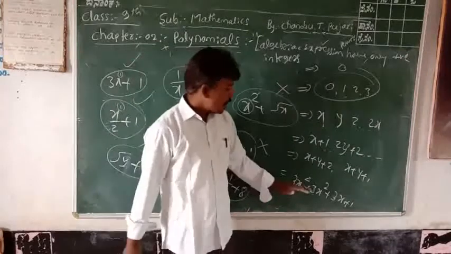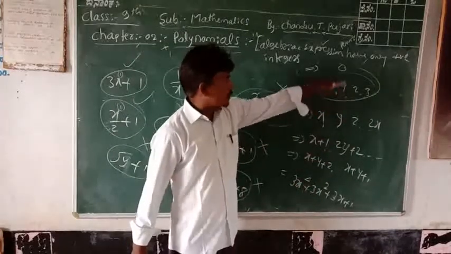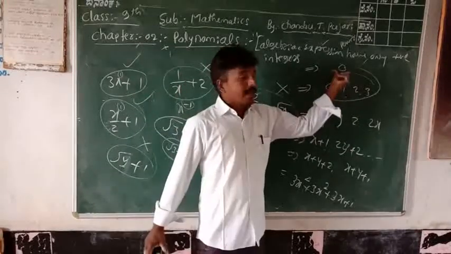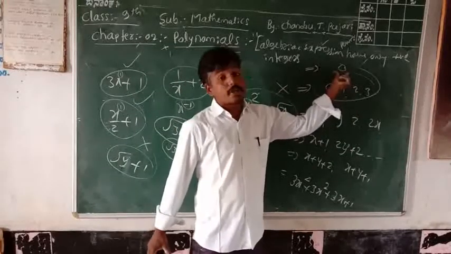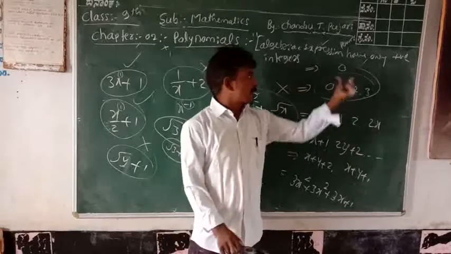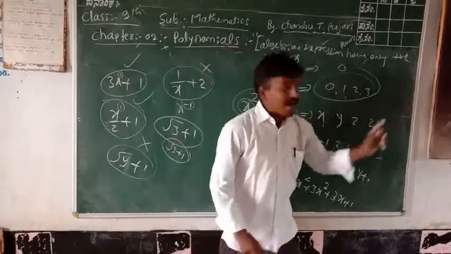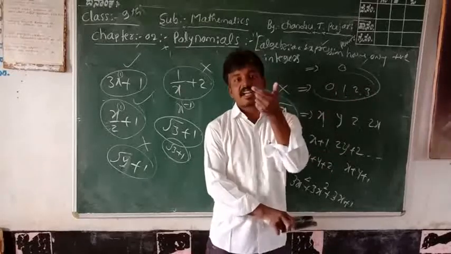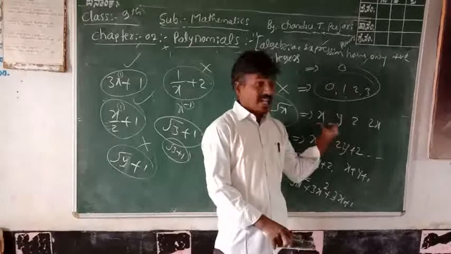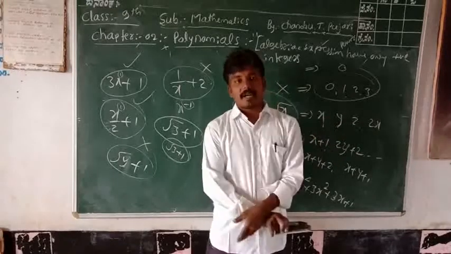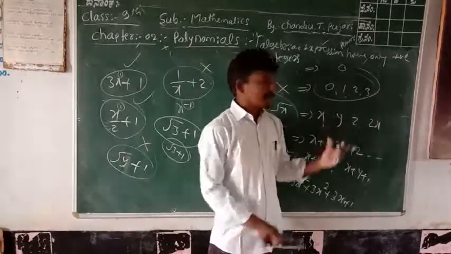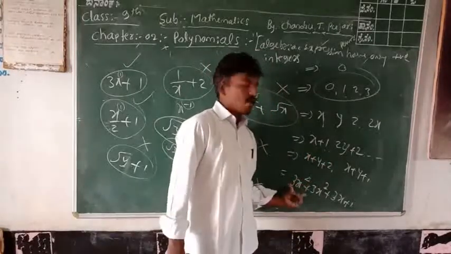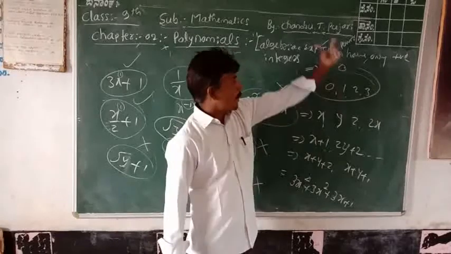Listen here: first, second, third, fourth, fifth, sixth, these are all polynomials. But among the numbers, only 0 is the zero polynomial. These, 0 including 1, 2, 3 and other numbers, are constant polynomials. All English alphabets are single-term polynomials; that is a monomial, only one term. Next, binomial, trinomial, and more than three terms are all polynomials.